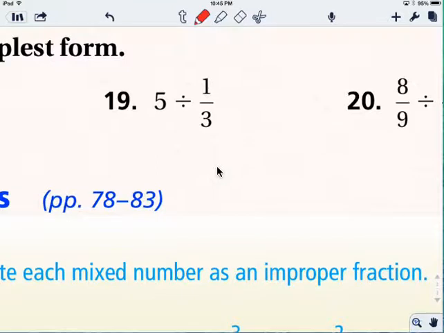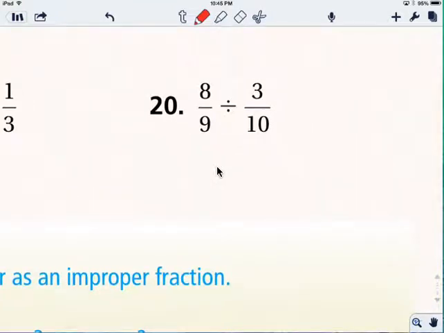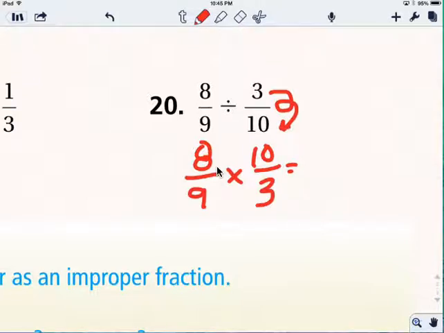Let's do this one over here. 8/9 divided by 3/10. Another way to write that is 8/9 times 10 over 3. And we're not cross-canceling anywhere. 8/9 times 10 over 3, because we take this fraction and flip it over. We get